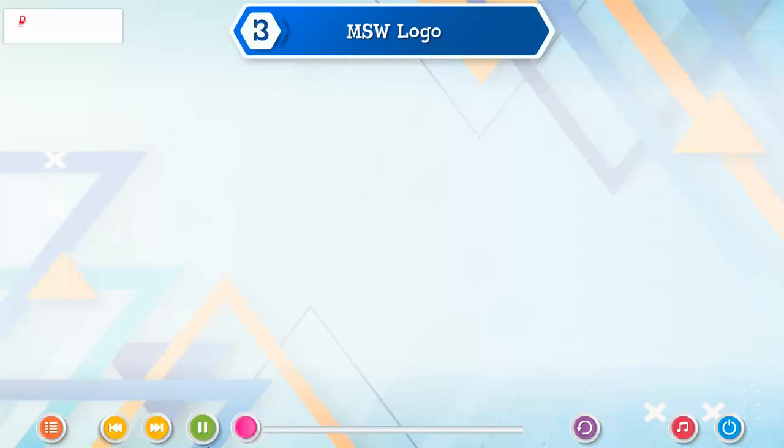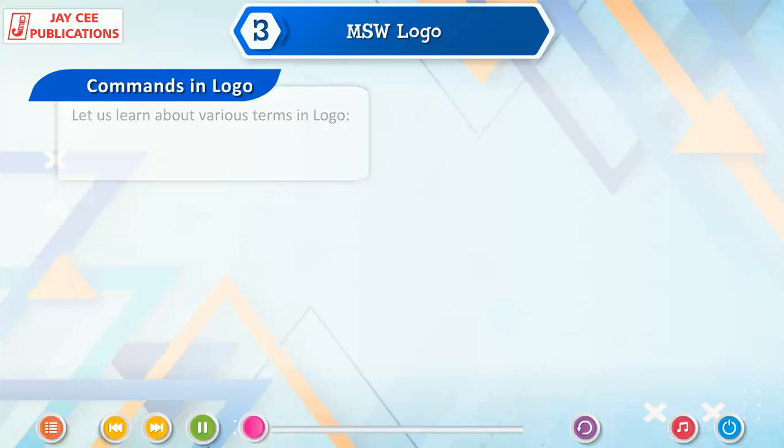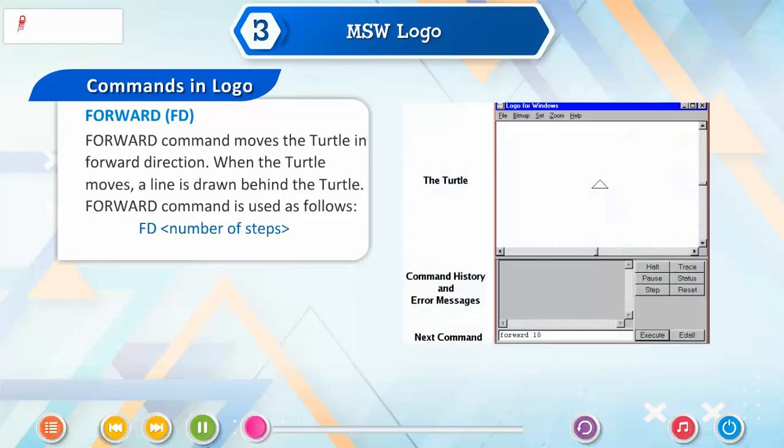Commands in Logo. Let us learn the various commands and primitives in Logo that we use in drawing various shapes. Forward, FD. Forward command moves the turtle in forward direction. When the turtle moves, a line is drawn behind the turtle. Forward command is used as follows: FD followed by number of steps.